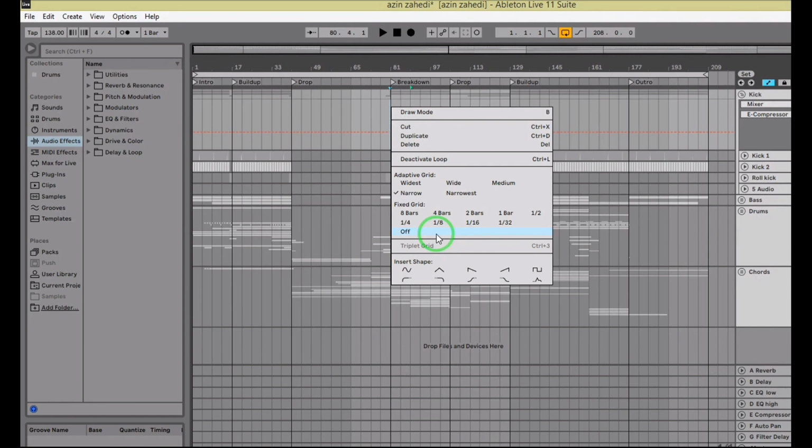Why grid matters? For beginners, it helps keep everything in time and clean. Great for learning rhythm and beat structure. Makes sure loops start and end perfectly. Helps in quantizing MIDI or audio correctly. And for professionals,